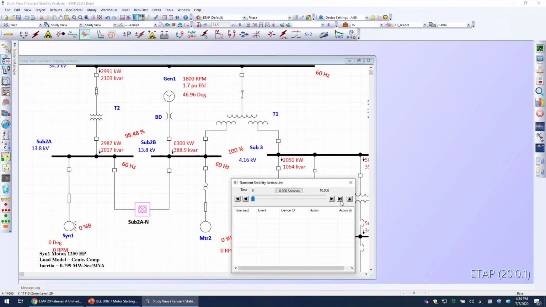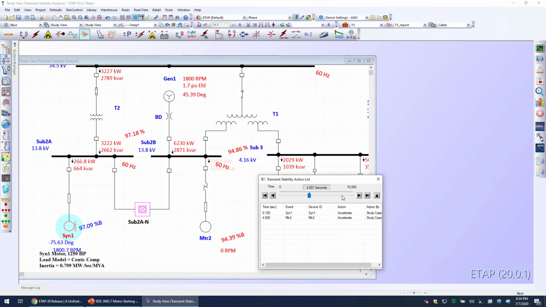So let's skip to the first action. At 100 milliseconds, we begin by starting of the synchronous motor. And as I begin to scroll to the right, you could see how the snapshot automatically is updated. If I go into the next action, which is at 4 seconds, we bring motor 2 online. And although it's great to see the snapshot play in the one-line diagram,